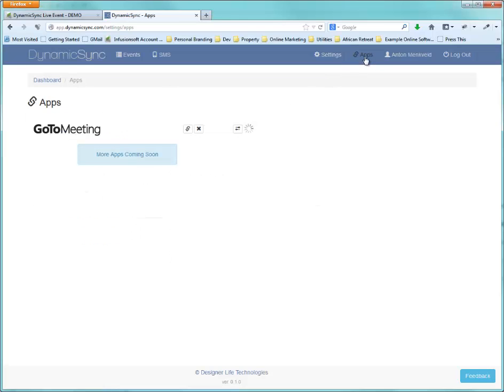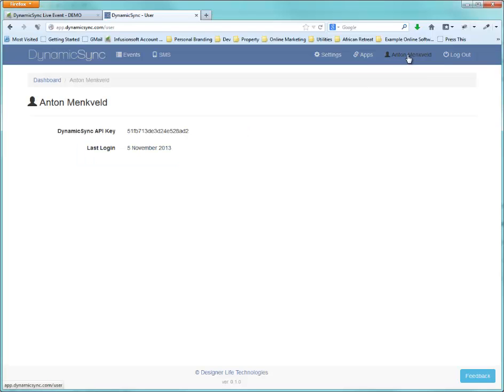Under apps, you'll see your connection to third-party apps. At the moment, we've got an integration with GoToMeeting, and we're working on an integration with GoToWebinar as we speak, and soon we'll add more and more apps here, all of which will be service providers that can provide online or offline event services. Under this tab where you see your username, at the moment you'll have the option of